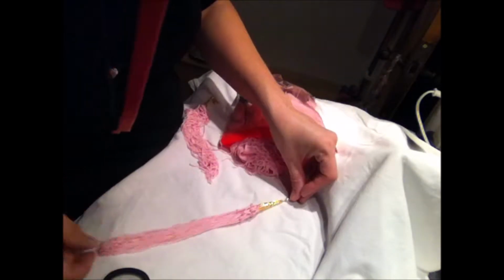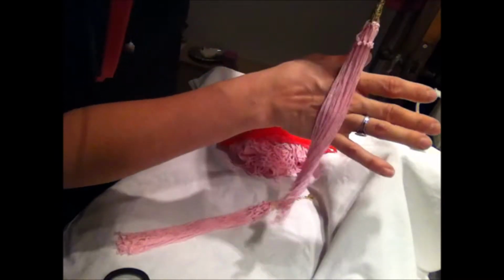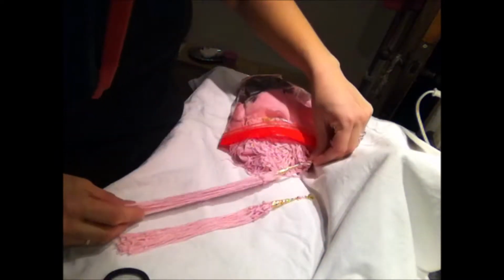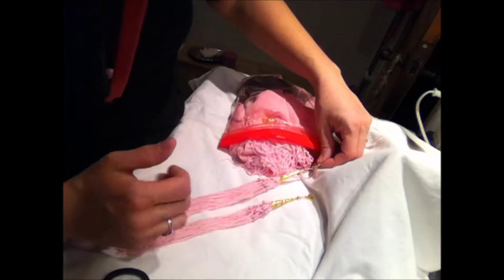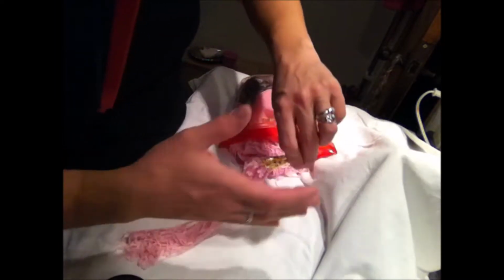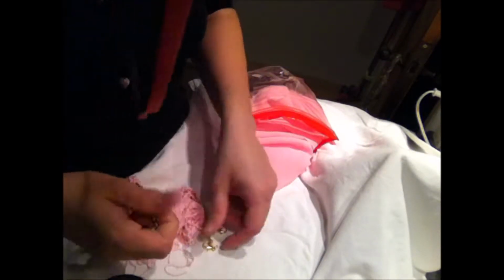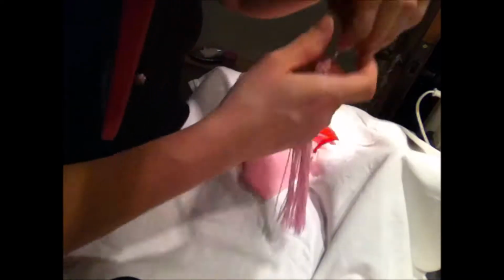And then the tassels came out like this. I love them. Actually, I really like them. And they are really long. I have no idea. I think it's 2 rulers, so 9 to 10 inches, I think. So they're very long. That was 2, 3, 4, 5, 6, and the 7 is